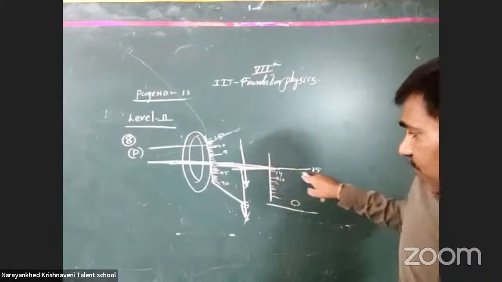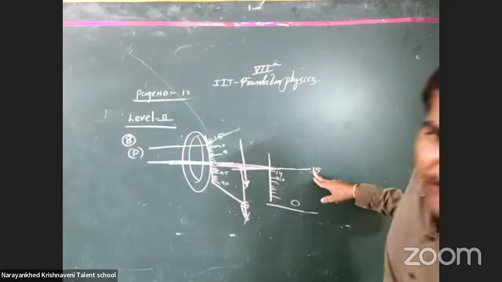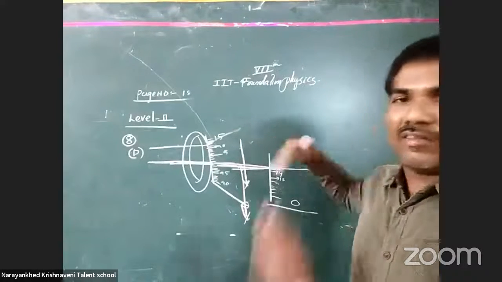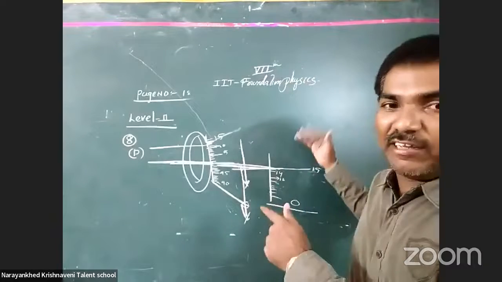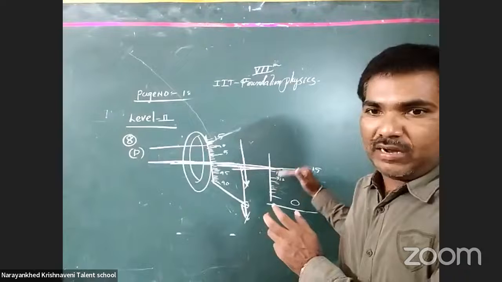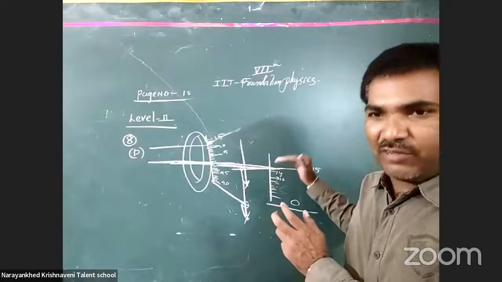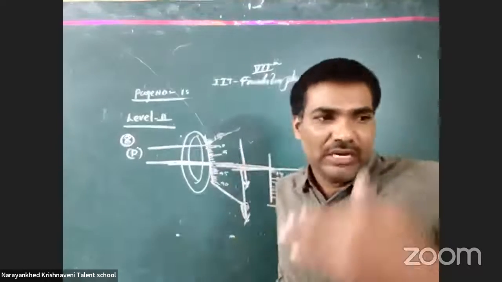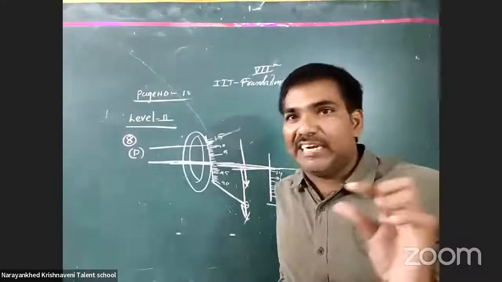Then it will be 15 here. It becomes positive zero error. When you take a negative zero error, the zero goes above and the reading shown where the axes coincide is 90. You may observe 90, 99, 94, like that. When the zero error is negative, the readings will be in the order of 90s.